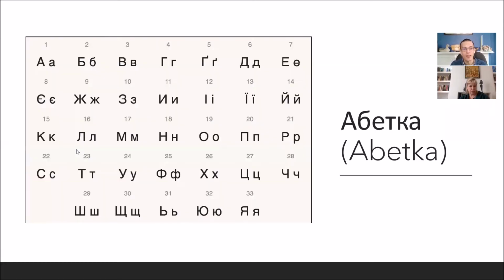And so now let's take a look at abetka, which means an alphabet. So abetka, A, B, E, T, K, A. Abetka means alphabet. Please try to repeat after me. I will not say the names of the letters, but I will say their sounds. A,